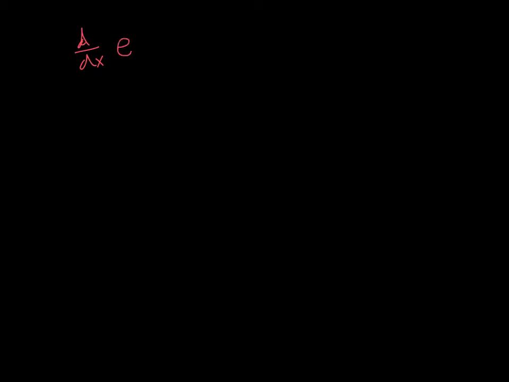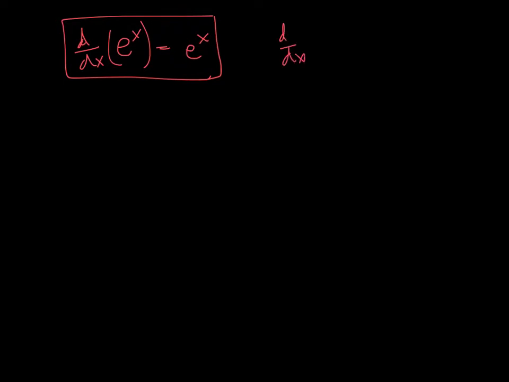So the derivative of my function e to the x, we can put that in parentheses if we want, is simply e to the x, rule number 1. And while we're here, now that we did the chain rule, as we do our derivative rules, you're going to have a second rule for every rule that we have, because what if our power is not just an x, but some function, which I'm going to call u. So if my function is e to the u, my derivative is going to be e to the u, just as if it was e to the x, but now I need to follow it by